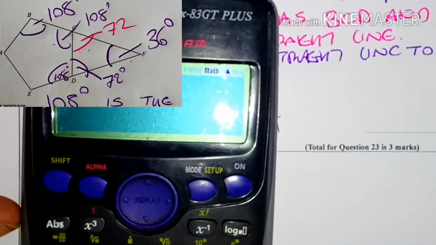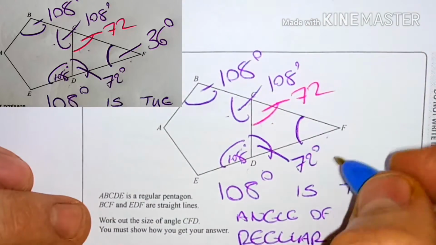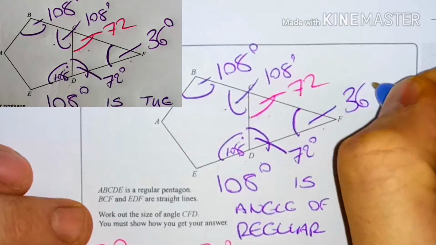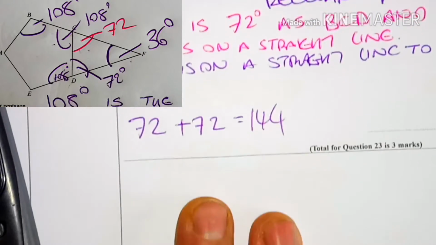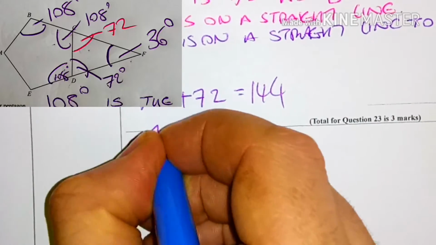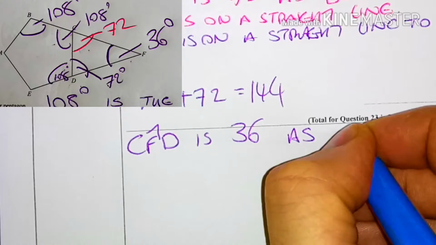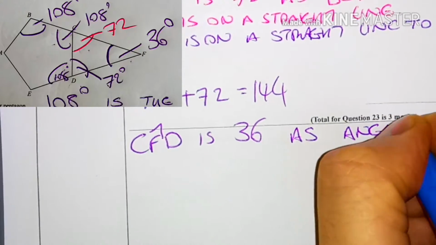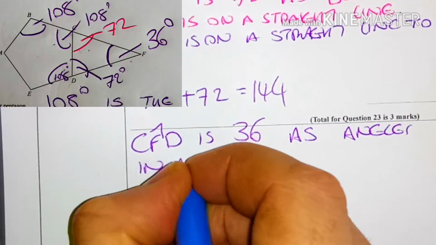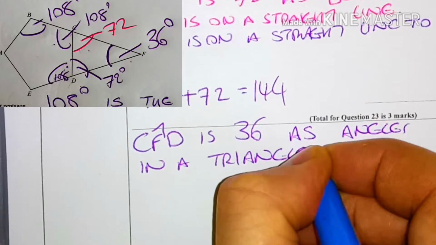And then we do 180 minus 144, which is 36. So this has to be 36 degrees. So our last one that we say is CFD is 36 as angles in a triangle add